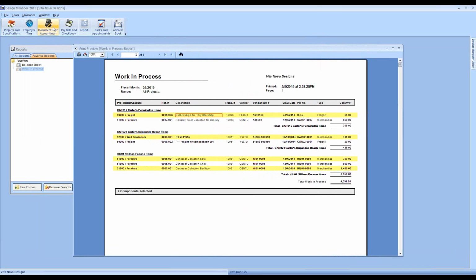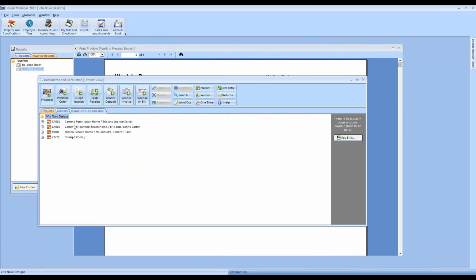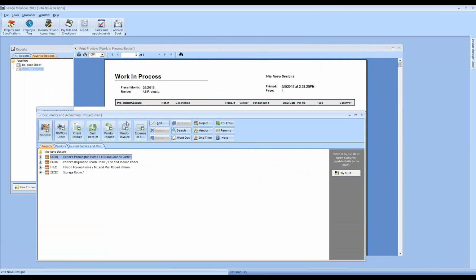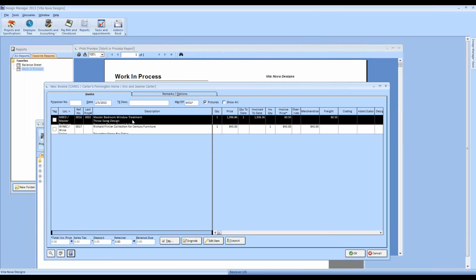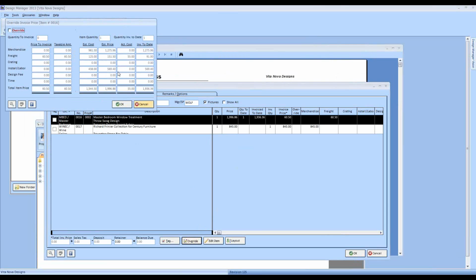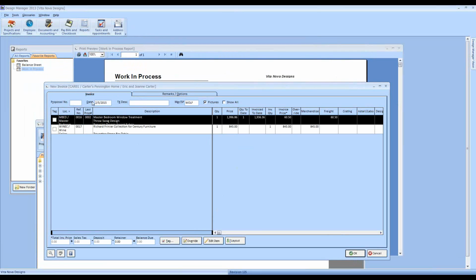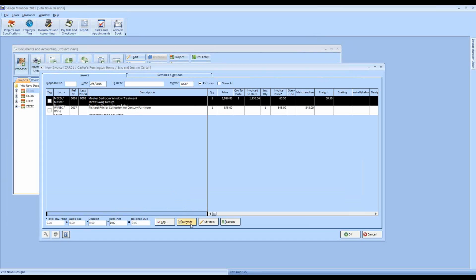Let's go back to Documents and Accounting. Go to Carter's Pennington home in this case. Make an invoice. Here's item 16. We've already invoiced the vast majority of it, but we still have that $55 sitting in our work in process that we want to move forward. So I'm going to select our item, which in this case is a window treatment. I'm going to use the override function